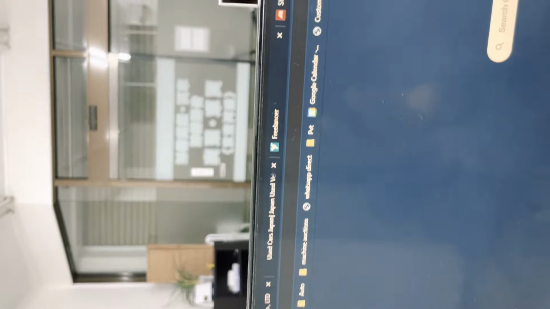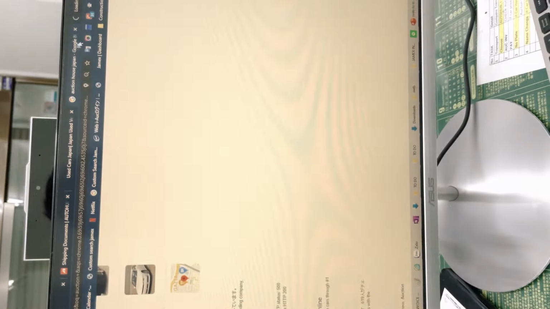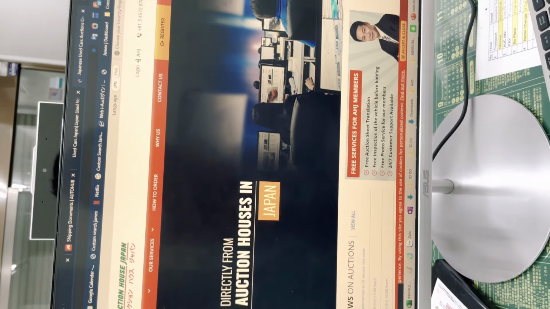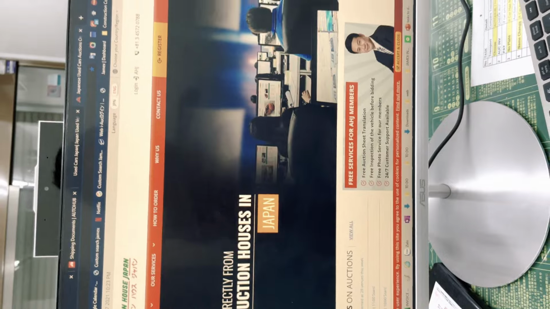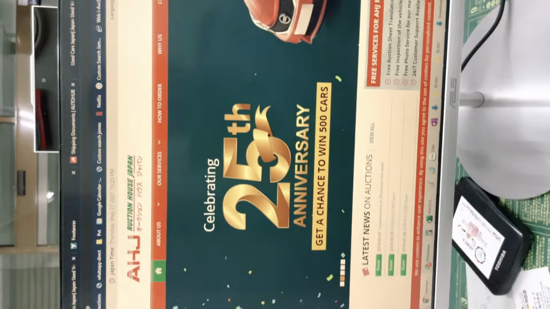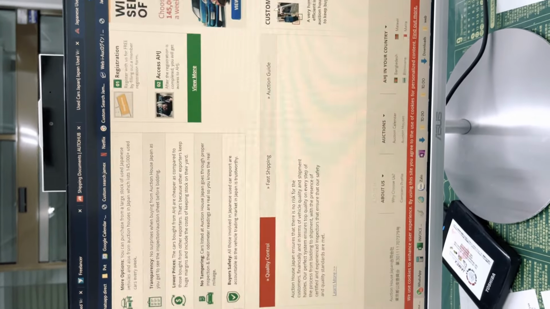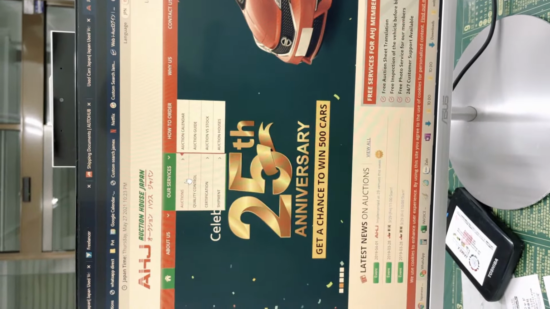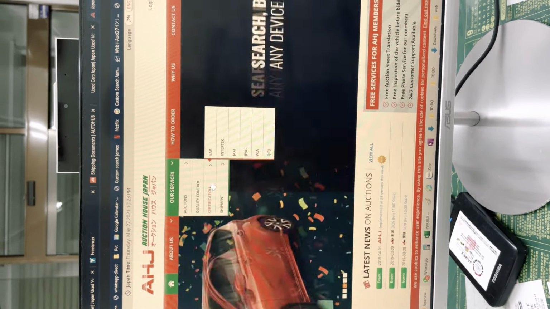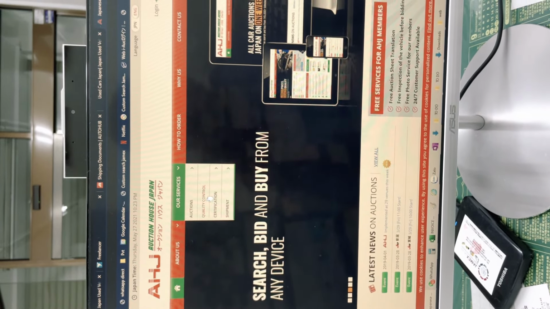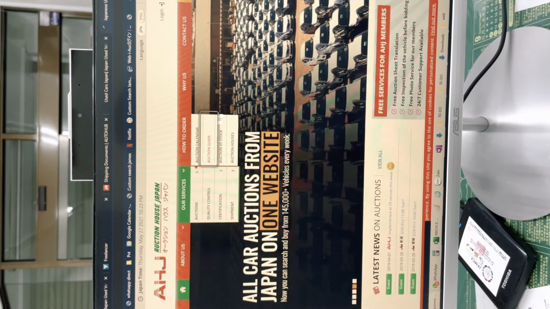Which pages do we want to add? We want to add all the pages in this website. This is a one-man company in Japan. They have only one person handling this website from Japan, and they have about 50 guys outside Japan. So you have to make a website like this. All these pages you have to create. Maybe there are about 50 pages. All the pages you have to create.